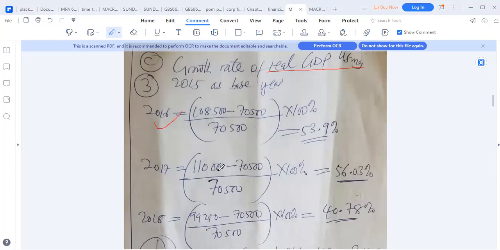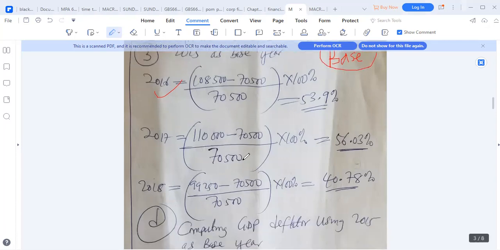For 2017, we are getting 110,000 minus 7,500, because we are using 2015 as the base year. Whatever we found for 2015 is what we are using as a base constant here. So this minus that